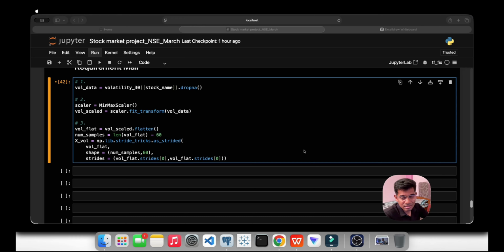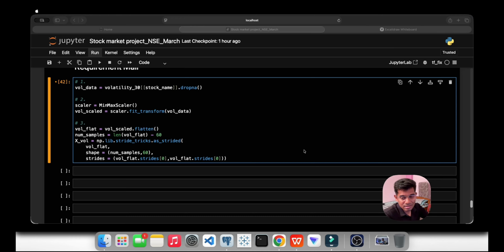Volume flat dot strides gives the size of one element in bytes. Now you might understand why I have written it 2 times: it is for both row and column stride, so the same value is there, and this creates overlapping windows. That's it, nothing else.